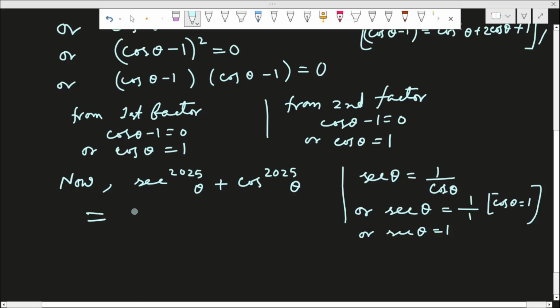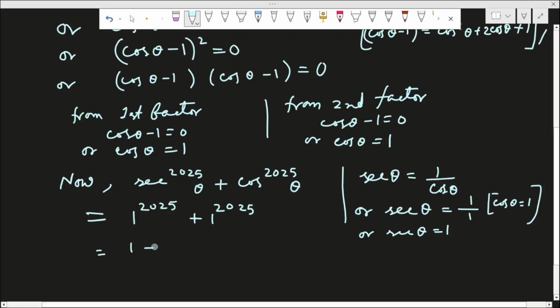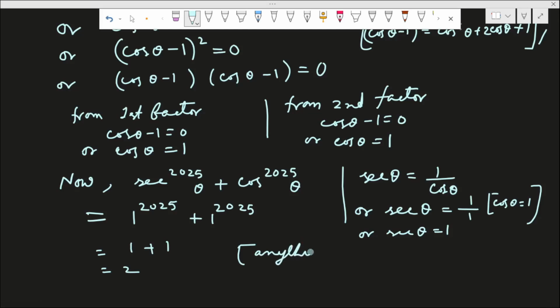Now in this expression, putting the value of sec theta equal to 1, we get 1 to the power 2025 plus 1 to the power 2025, that is equal to 1 plus 1, that is equal to 2. Why is this 1? Anything to the power 1, one is 1. Therefore,